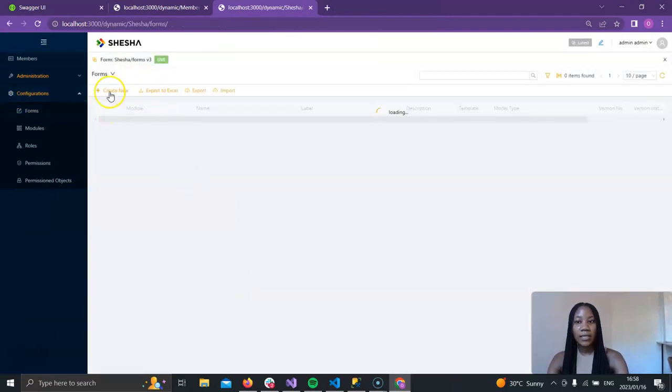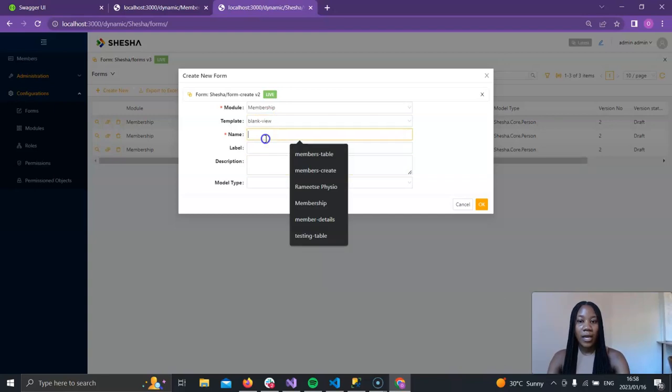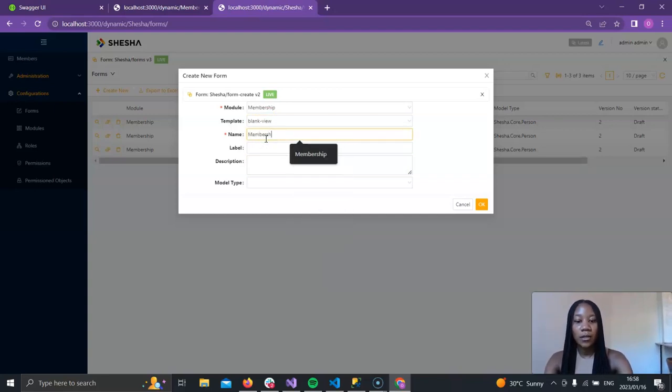We can go ahead and create a new form, clicking on this create button, further grouping it under the membership module. But again, you can create maybe a payment module should you want to group the payments under another module. Create a template of just a normal blank view. Give it a name of membership